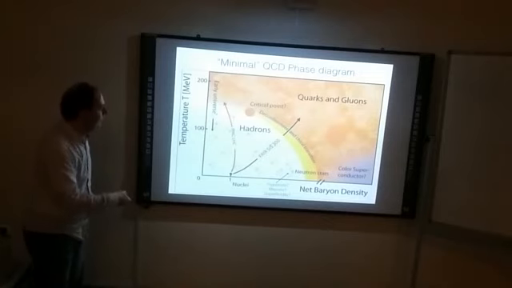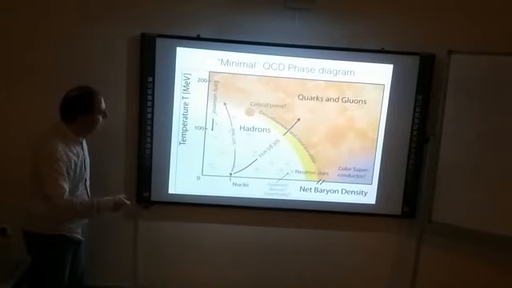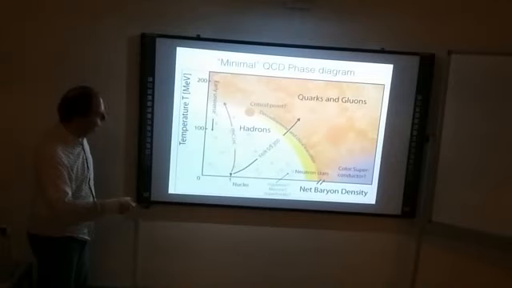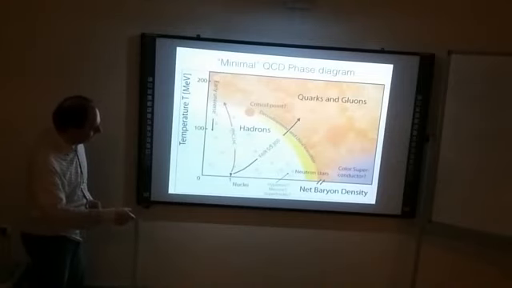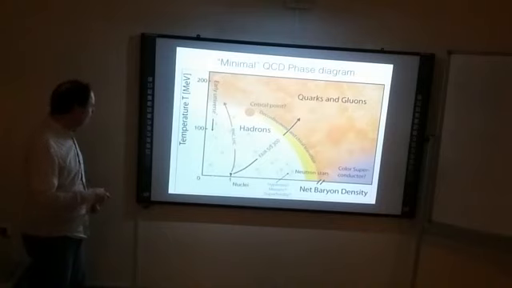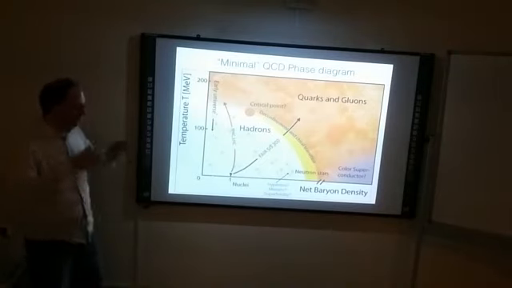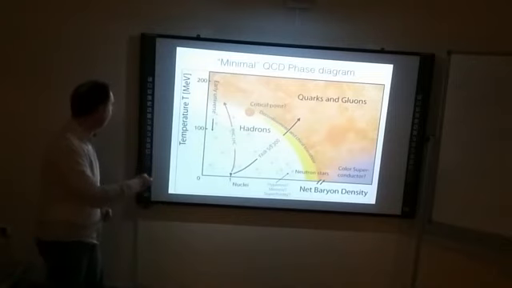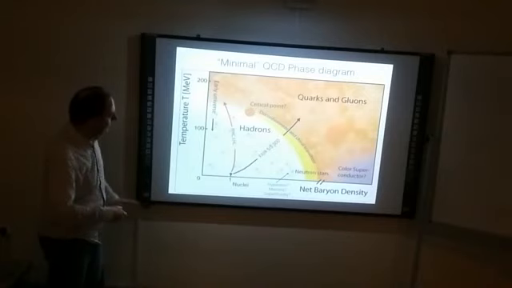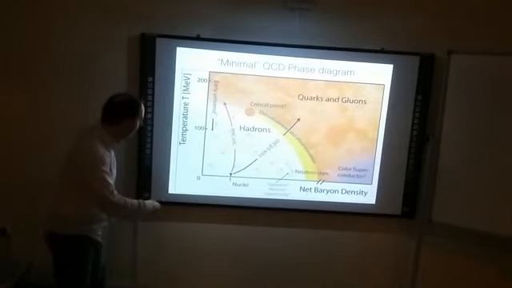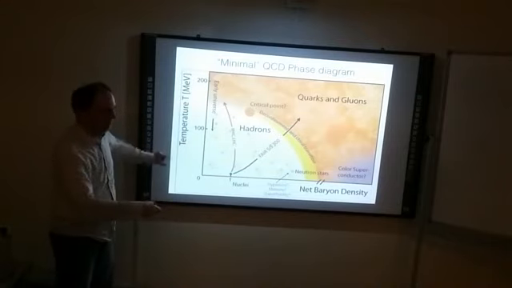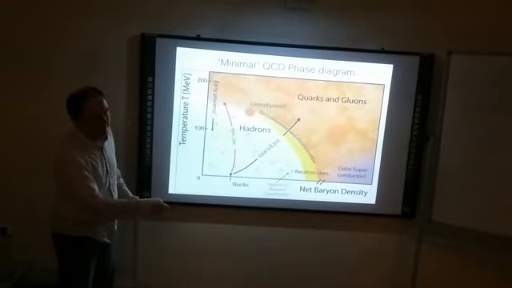At ordinary densities, densities in a nucleus, we know what happens. We have hadrons, neutrons, and protons, and that's where we can make measurements. But as you go towards neutron stars, the density gets bigger, that's the baryon density here. The other axis is temperature, but as I told you, neutron stars are a very cold system, so people can also probe the high temperature axis, and they do this at the colliders. But as far as neutron stars are concerned, they're basically interested in this axis here: T nearly zero and very high densities.